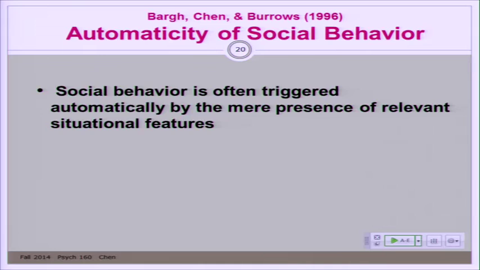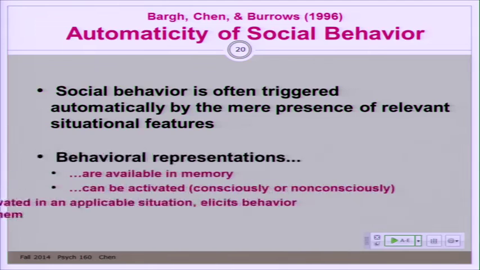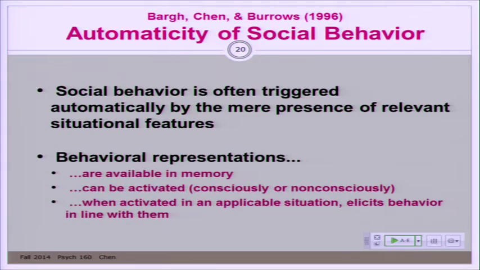Such as cues that trigger us to be aggressive or trigger us to be kind, to help other people, trigger us to comply or not comply with a request. And the reason, in very simplistic terms, they argue this is possible is because just as we have representations of traits, stereotyped groups, schemas about ourselves, we also have schemas or representations of behaviors. We know what it means to act aggressively. We know what it means to act arrogantly. We have stored knowledge, behavioral schemas or representations.